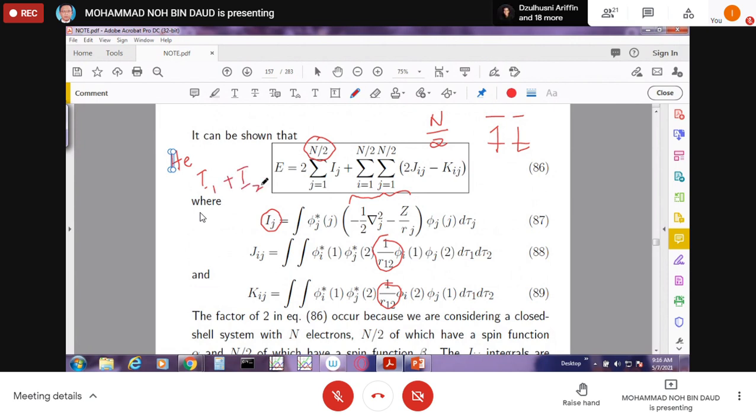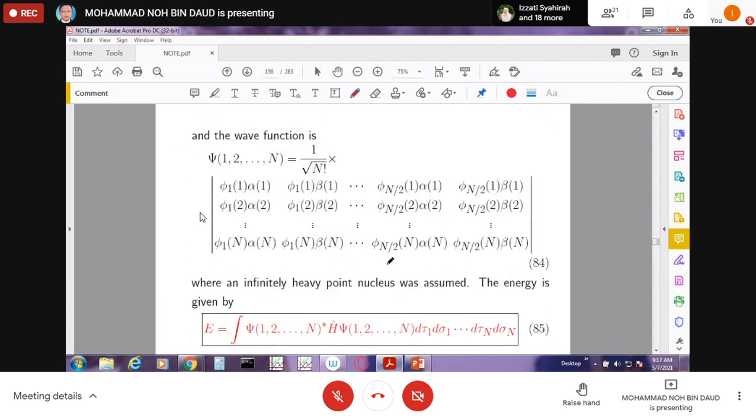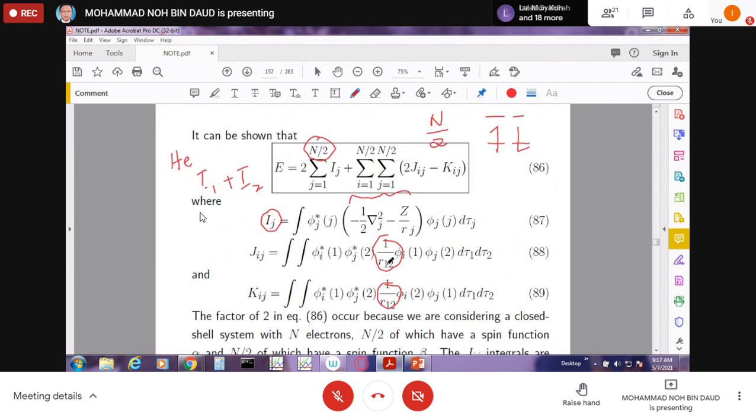The summation goes from 1 to 2 for helium, 2 electrons. For 4 electrons, it is 1 to 4. So this is the hydrogen-like energy you learned in physical chemistry 1,